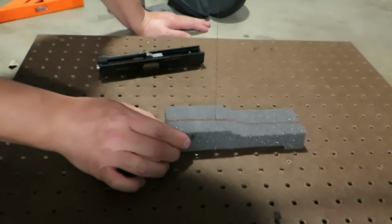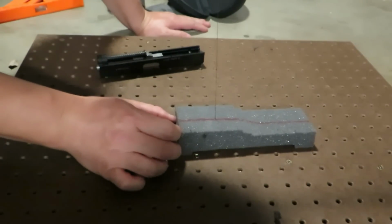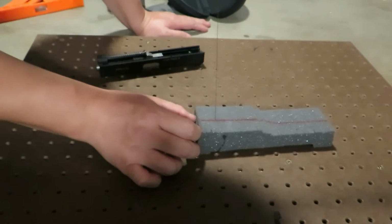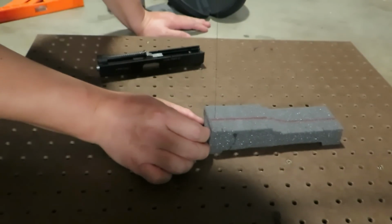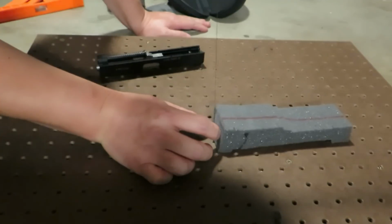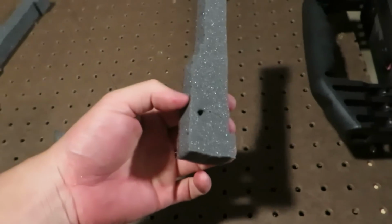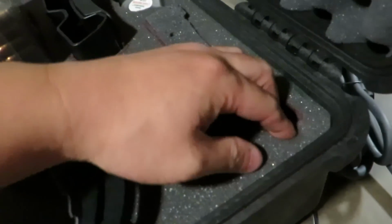Almost through. Same thing, I'm going right above the red line where I marked. And I'm out. There we go. Alright, so I take this piece that I still have, stuff it back inside,